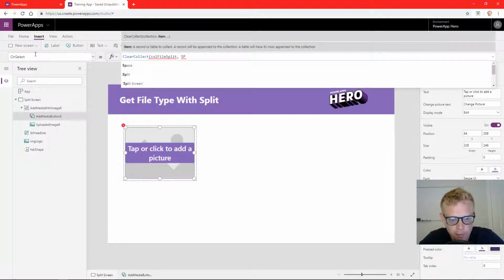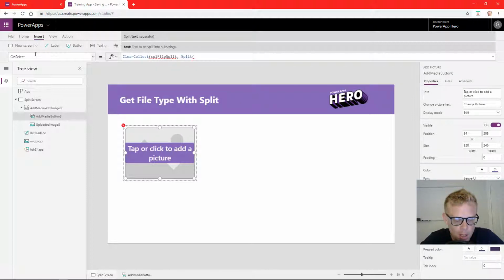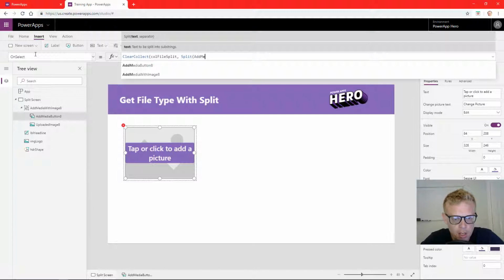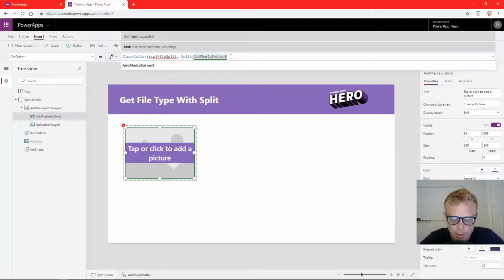Now we will invoke the Split function. Split, AddMediaButton. So we're going to select the add media button that's on our screen here, dot FileName. So it's going to pick up the file name of whatever file is attached to this control,